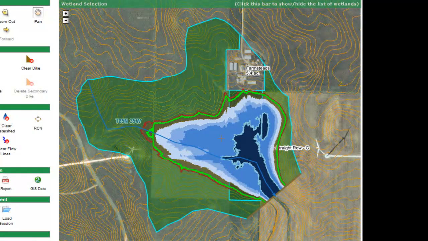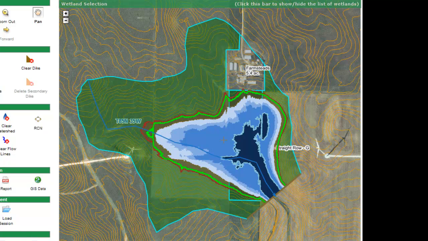So within the permanent pool, you can see that I have different colors, and this represents the different depths of the pool. So my really dark blue in the center is greater than 4 foot in depth. The next blue is 3 to 4 foot of depth. The next blue then is 18 inches to 3 foot of depth. And lastly, on the outside gives me my 0 to 18 inches of depth. And so I can really decide for programs or for certain wildlife habitat whether I have the right depth of